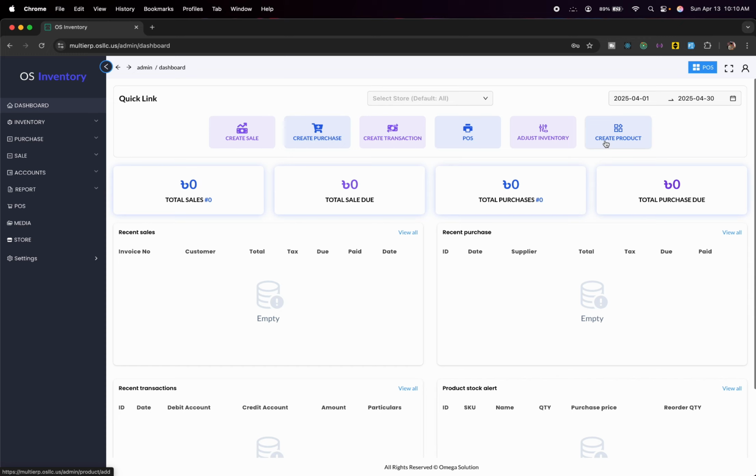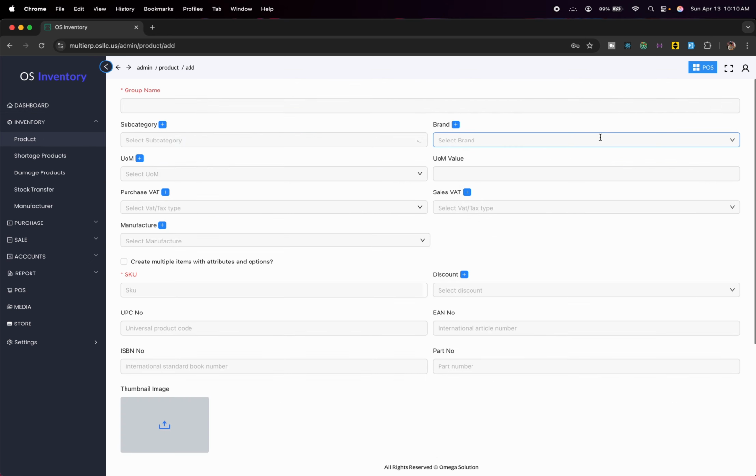So to sell or buy something, we have to create a product first. To create a product, we have to go to inventory, then product, or we can just go by here, create product. There are two mandatory fields which need to be filled, which are group name or product name and the SKU, which needs to be unique for each and every product. So let me create a product,